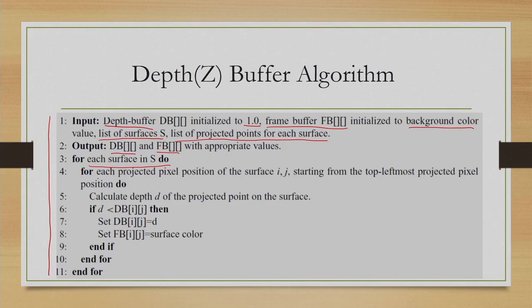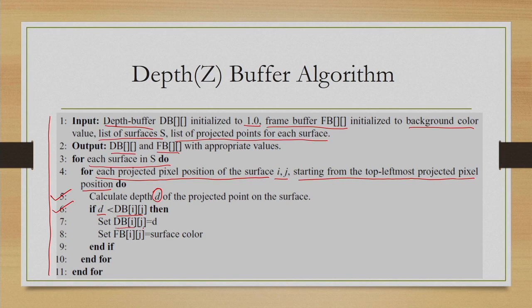Now, for each surface we have the projected pixel positions. So, for each projected pixel position of the surface I j, starting from the top leftmost projected pixel position, what we do? We calculate the depth denoted by d of the projected point on the surface, and then compare it with already stored depth of that point. If d is less than what is already stored in the depth buffer at the corresponding location,